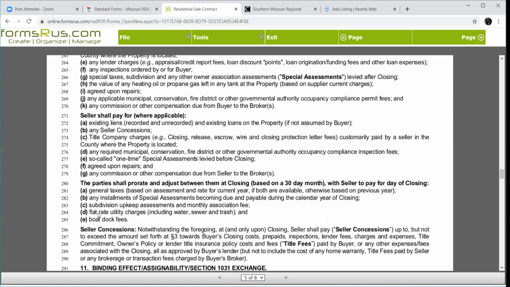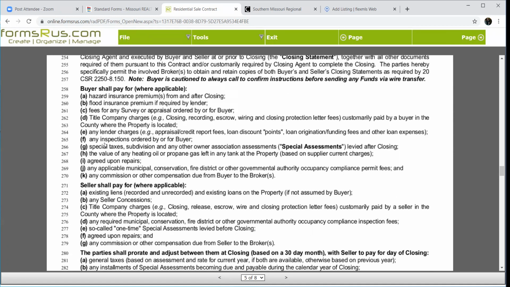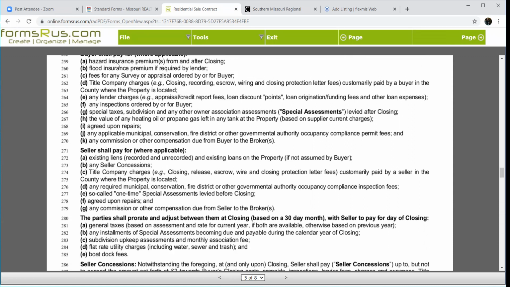But if your buyer's wondering, well, what are seller concessions? These are the things that they are going to be expected to pay for at the time of closing. So if you don't think you're going to have money to pay for these items, roughly $2,000 to $2,500, then we may need to talk to see if the seller can help you out with that. Now, the items from 271 to 279 are items that the seller is paying for themselves already. So the seller concessions on page 1 does not include these items here because that is the seller's expense outside of our buyer. Does that make sense?